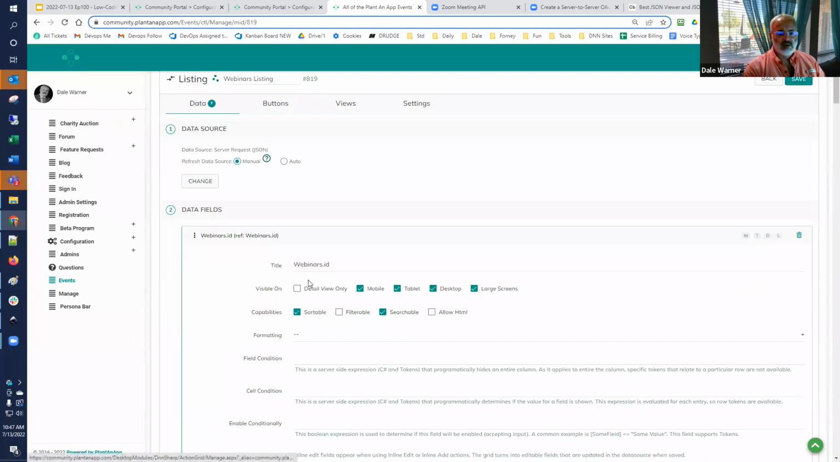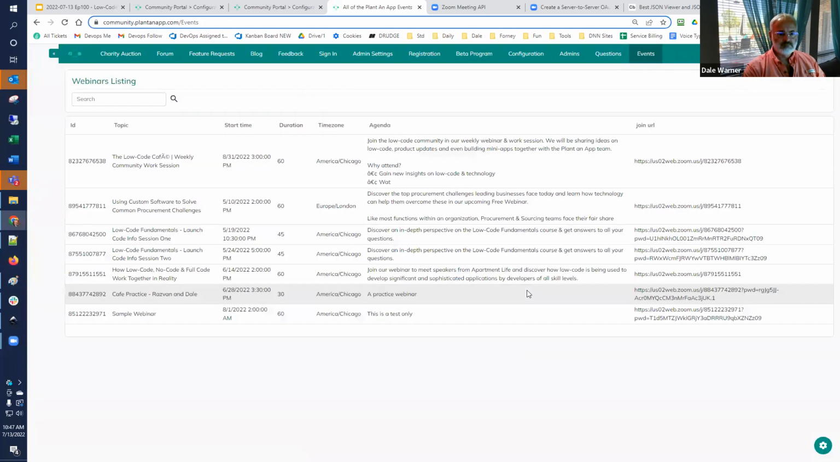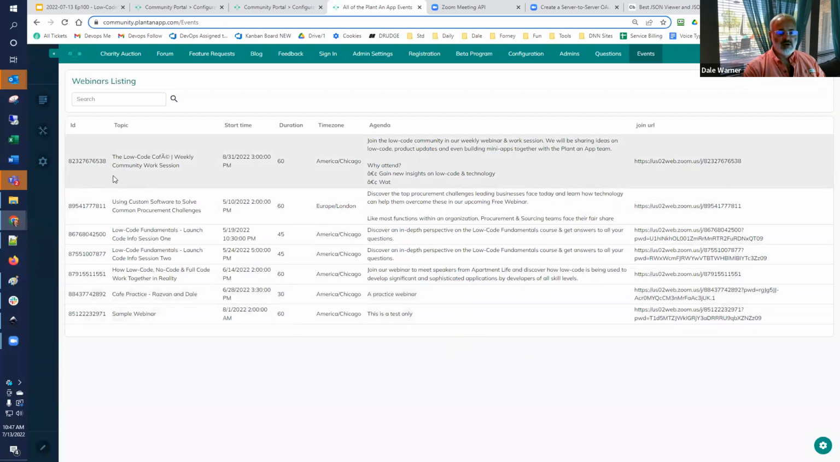The topic, and then this is just the ID. All right, so we'll save all that and go back and take a look at our work. So we now have all this information dynamically coming from Zoom. Just for fun, we have this one that says sample. So if I were to go to Zoom,